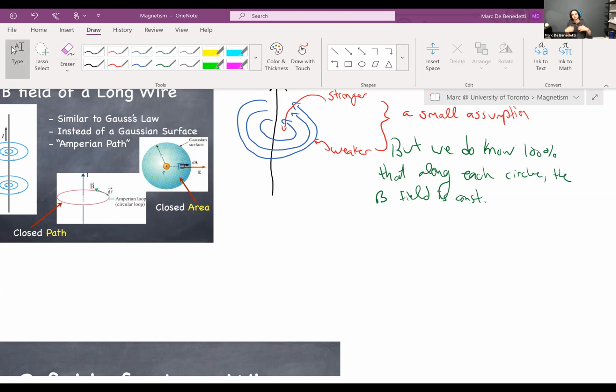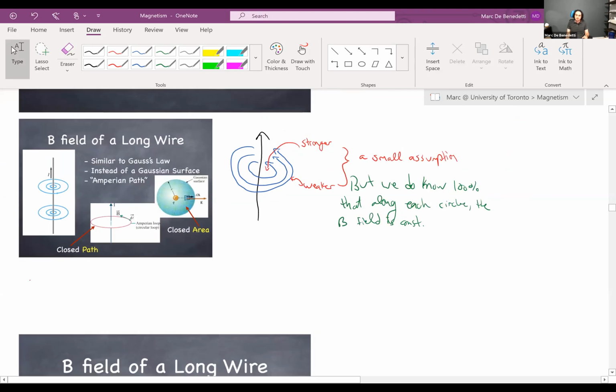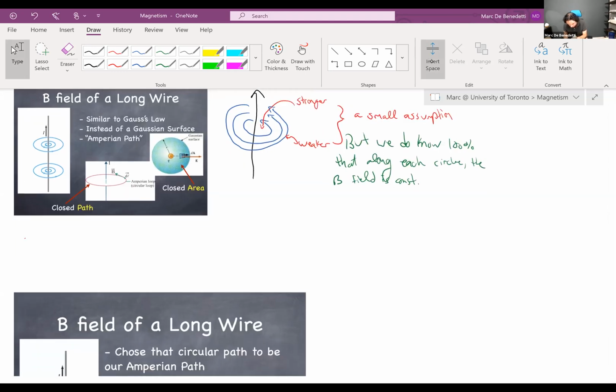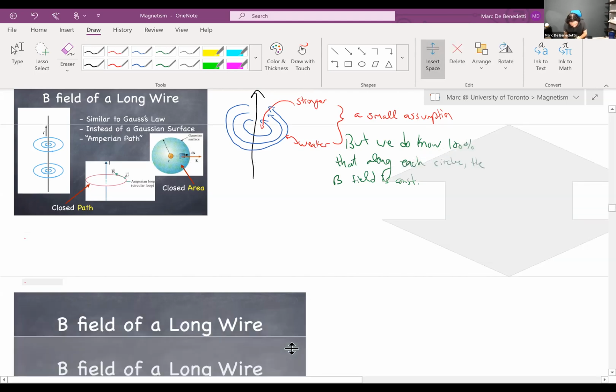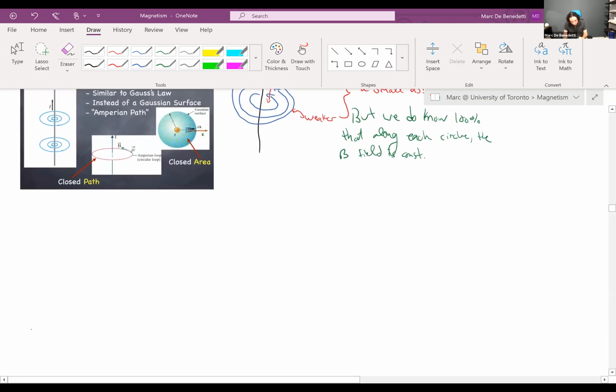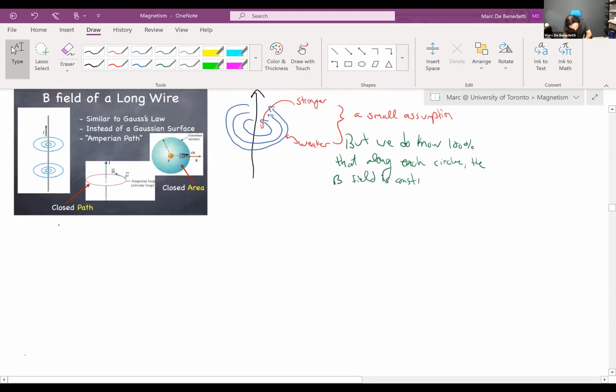So once we have a sort of picture in our head of what the B field might look like due to an infinite, just a straight wire, whether it be infinite or not, what we do is we use Ampere's law in a very similar fashion to how we may have used Gauss's law. Let me just insert some blank space here. Okay, so here, what we do is we say, okay, Ampere's law